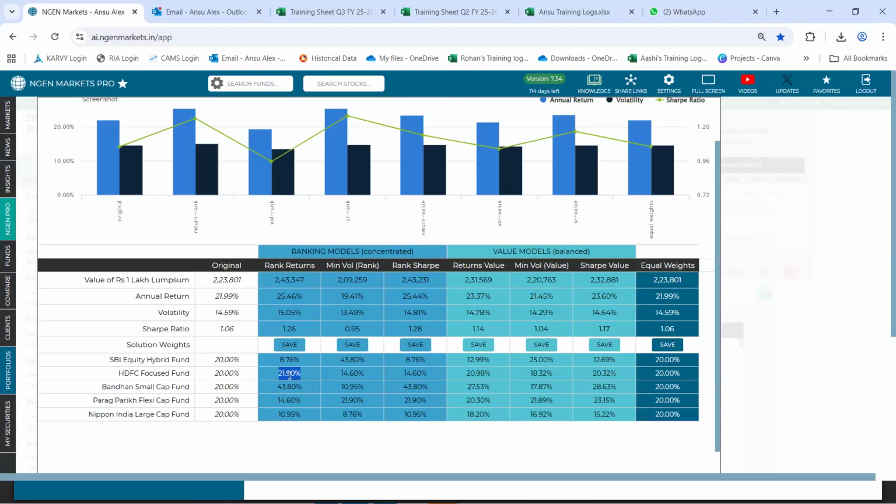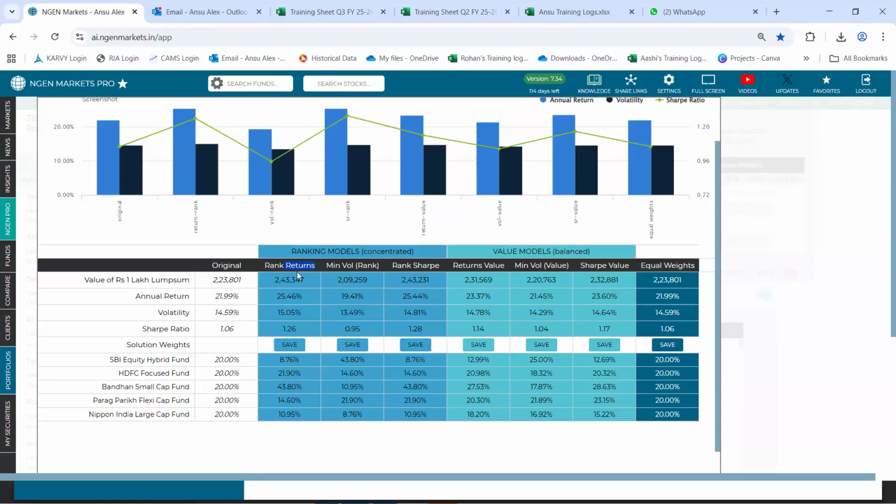Now, why did it focus only on these two funds and no major allocation was given to the remaining three? The reason is the type of portfolio that we are currently looking at, which is called rank returns. The objective of this portfolio is to maximize the return.